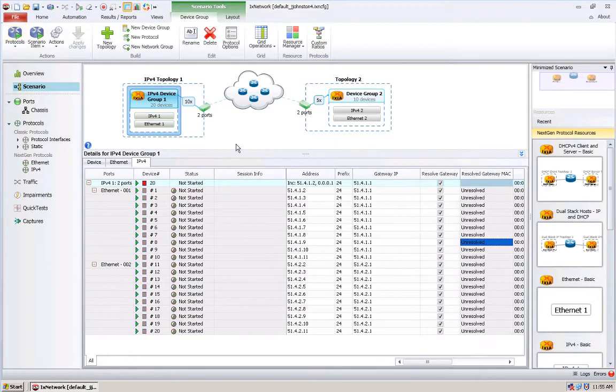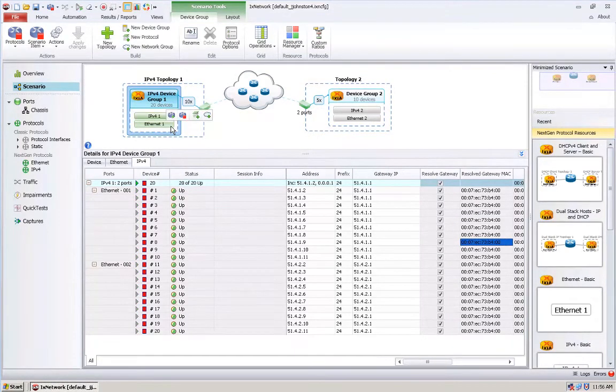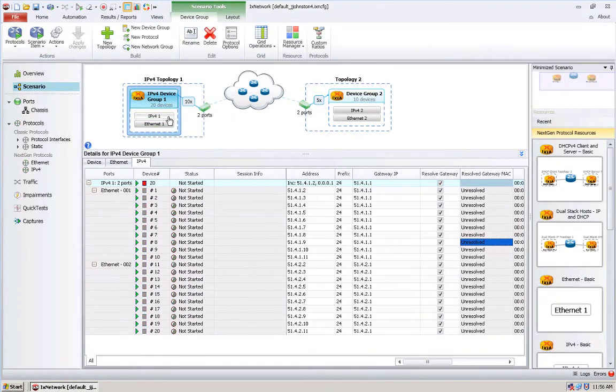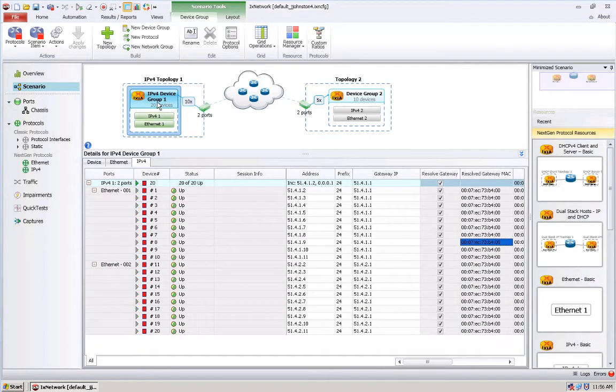I could also start one stack at a time. For example, if I just stop this stack, I can just hover over the Ethernet and start that. Now, since this is basically a layer 3 stack, it doesn't really do anything, meaning I don't send out any frames, but I can go back up to the IPv4 stack and start that, and that'll also start the IPv4 stack. Also note that if I want to just start the IPv4 stack, or whatever the highest stack in the